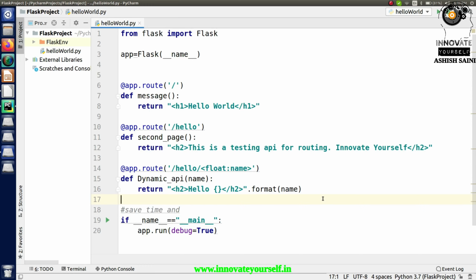Otherwise, if the person who has called this API is not an admin, I have to call the other API, and that API will simply display a message, let's say hello, along with the name of that particular user, right? So this is how I have to call it, and this is what I want to do over here.